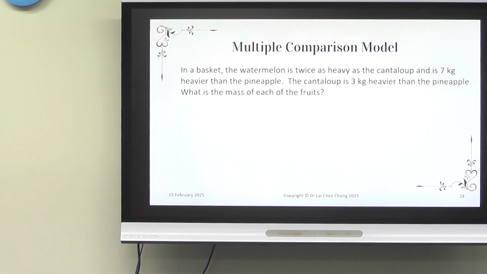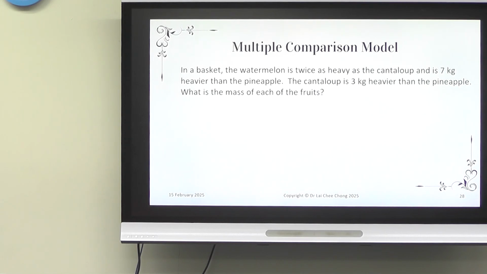The cantaloupe is what? The watermelon is twice as heavy as the cantaloupe, and it's 7 kg heavier than a pineapple. So what happens? What do you compare? You compare watermelon and pineapple. Am I right? Yes. So among all the 3 fruits,